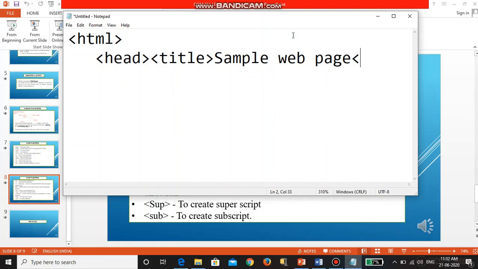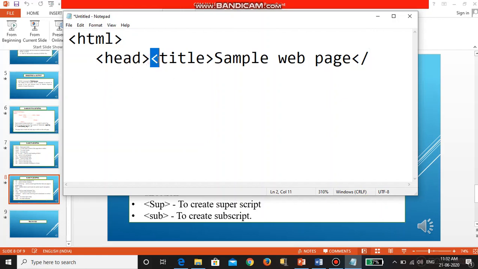In HTML there are two kinds of tags. One is the opening tag, and there will also be a closing tag. The closing tag starts with a backslash.